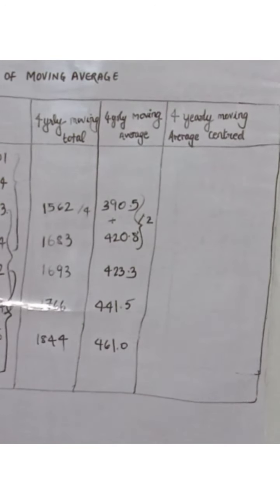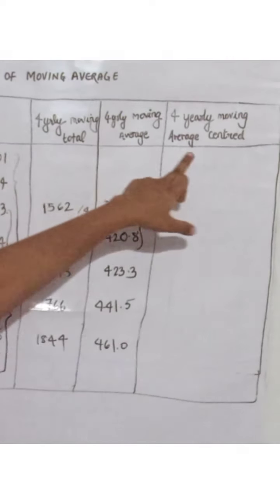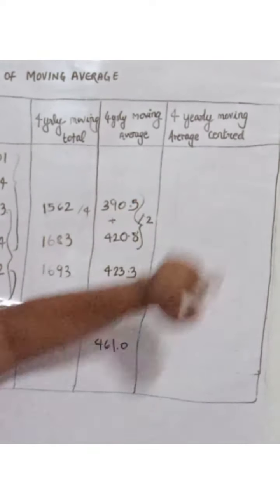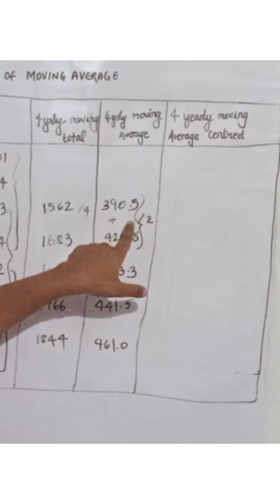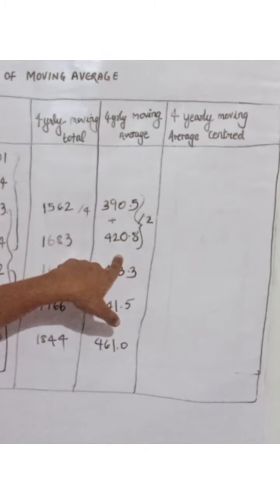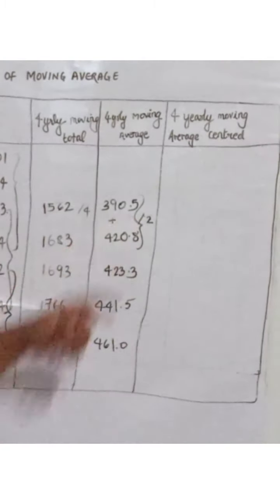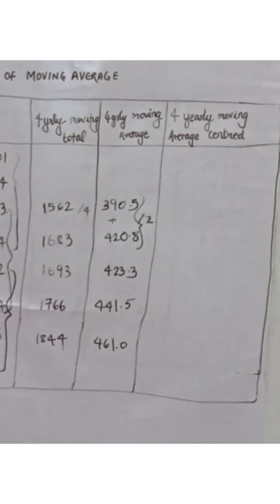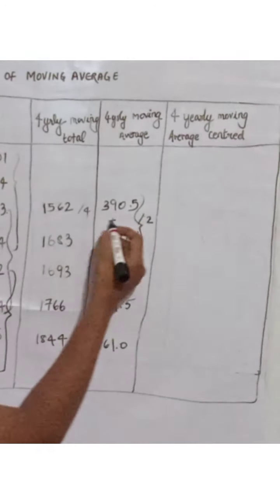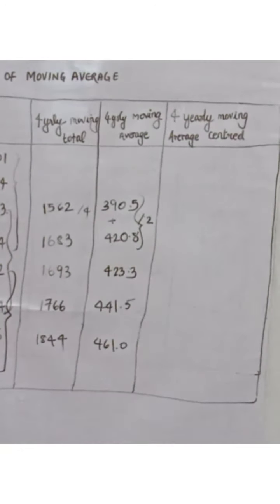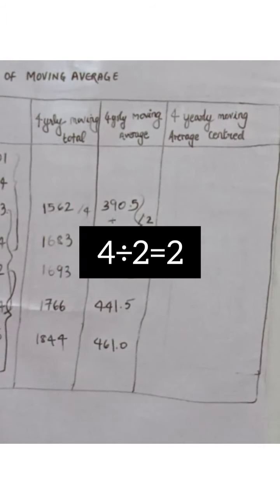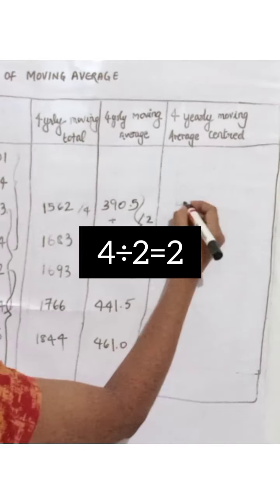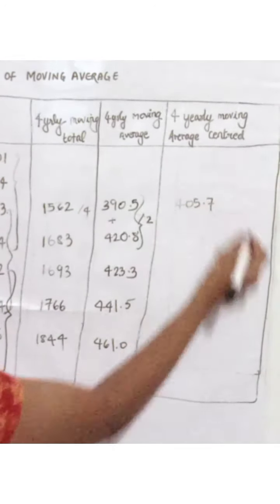I hope it is understandable to you, because 4 is the period, the center of average, I mean the average center, which means if it is 4 you are going to take 2 groupings, then you are going to divide it by 2. If it was 6 you are going to divide it by 3. Okay, 3 groups and divide by 3. Similarly here we are going to add these and divide the value by 2. So we get 405.7.